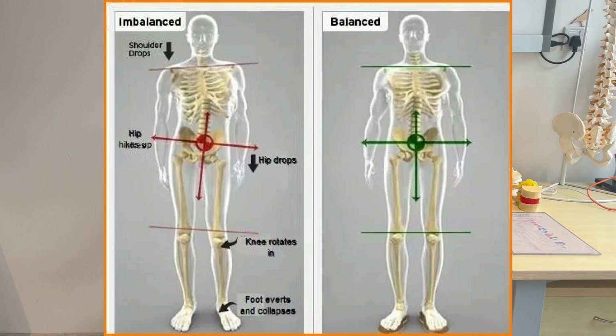If you have poor dorsiflexion, so this is plantar flexion, this is dorsiflexion, you're going to put strain on your knee because you're going to hyperextend the knee too much, right? So it's important to have proper dorsiflexion. Same thing, if you have a collapsed arch on the foot, your knee is going